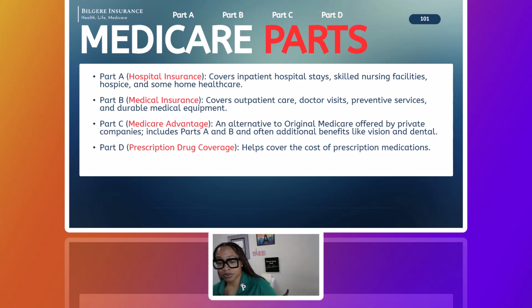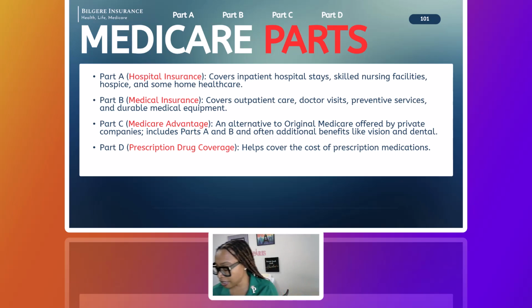If you look into your folder, or if you're online, I can get one of these emailed to you. This is going to be your best friend after you leave this seminar. This is the A, B, C, and D's of Medicare. It really goes into detail on what's covered for Part A, Part B, Part C, and Part D. And it also has the 2025 numbers, which we'll talk about here. Okay. So those are the four parts of Medicare.